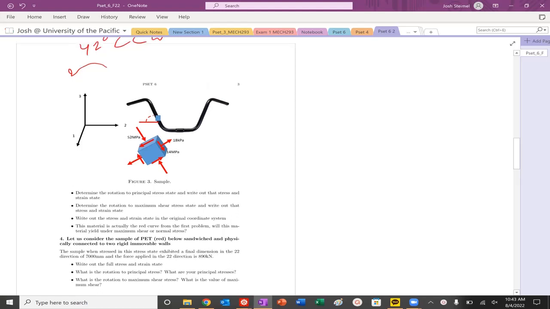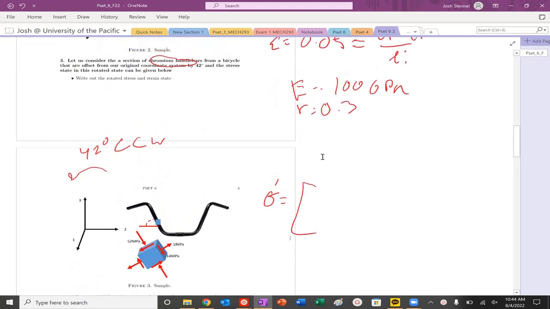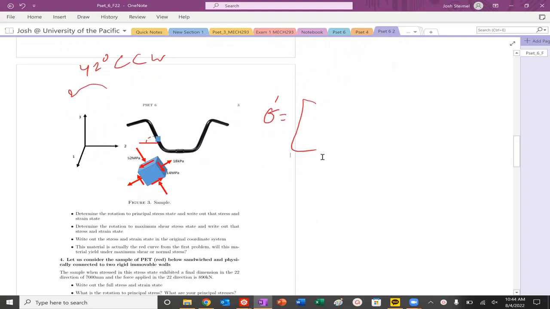So first I'm going to call this my sigma prime. This is like the rotated stress. So let's write out what is the stress state in this rotated stress and strain. If I rotated this, there's going to be a stress in the 3-3, which is minus 52